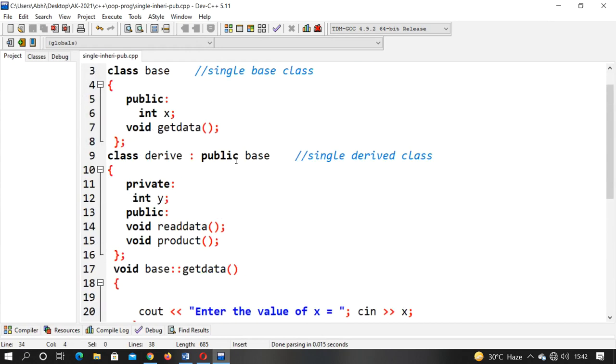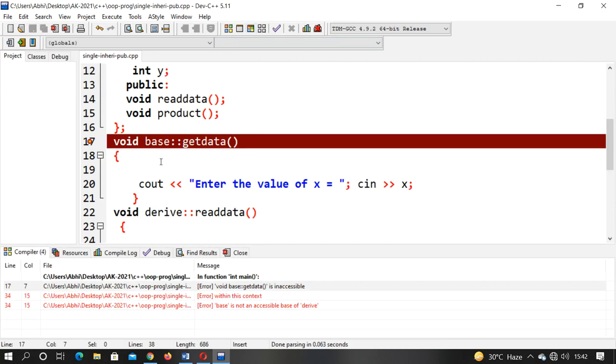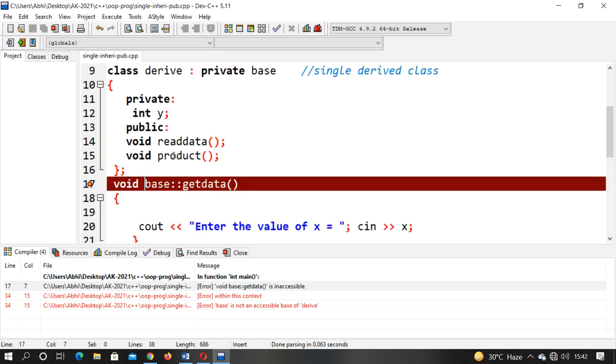So this is all about how we can work when we declare the particular base class as a public class. Now if we declare it as private, let's see what changes we have to make. Let's say I have declared that base class as private. If we compile this program, it will give an error. Look what kind of error it is giving. It is saying that getdata is not part of the drive class. Why is it giving that error?